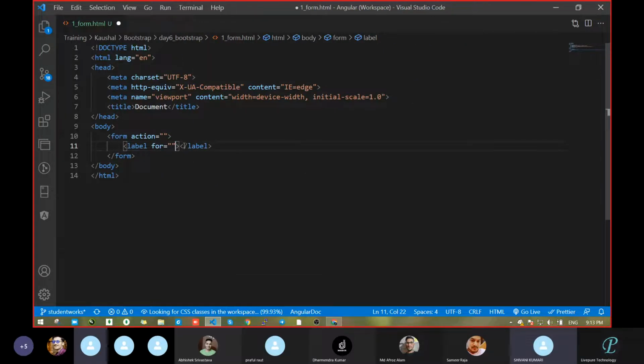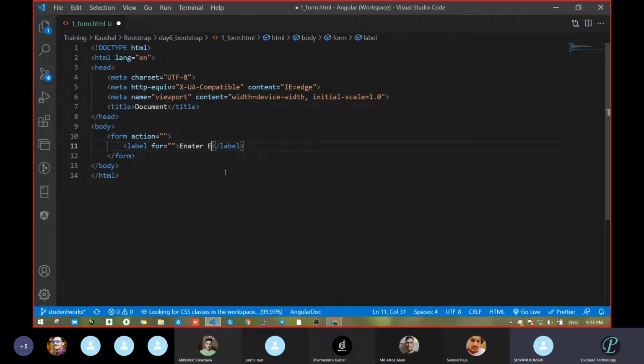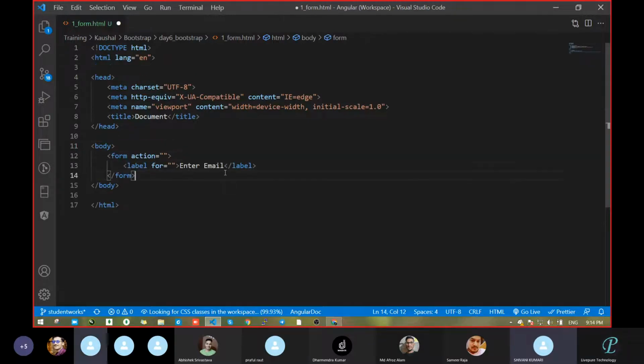Next, email inside the label email. And after that, input. Next, input type text. Password. Next, Sweta.